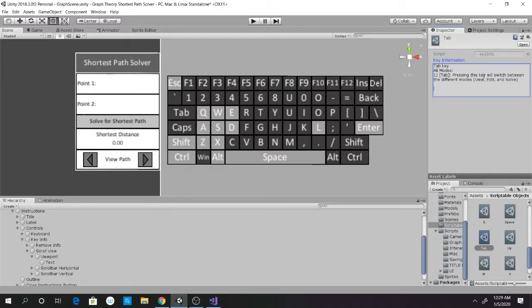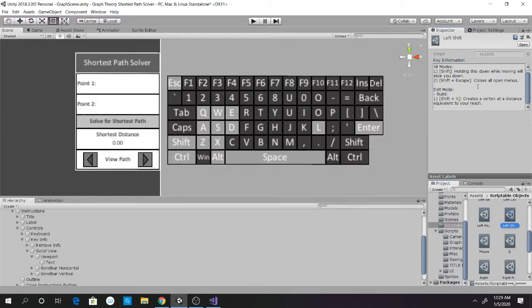Now, there's also another function, specifically for edit mode, which is shift plus tab, which I believe I should have in the left shift. Oh my gosh, I don't actually have it here. Oh my gosh. In edit mode, if we do shift tab,